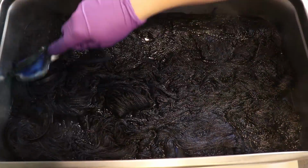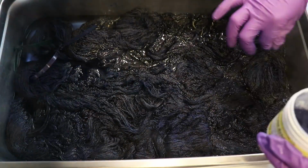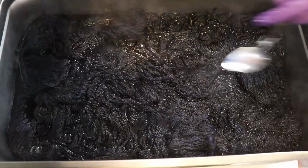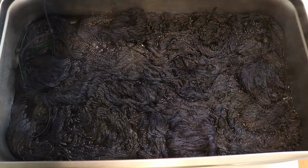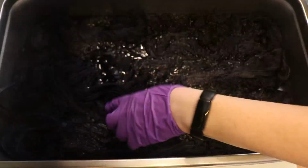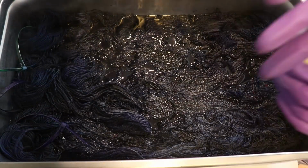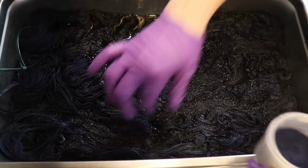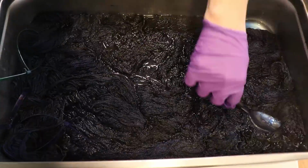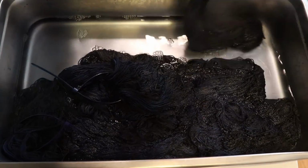Almost all of the color had covered the yarn, and because we had enough water in here and we're moving things around, we got really, really good coverage. And again, I'm okay if a little bit of our original color peeks through in areas, but I did want to try to leave out glaring color, so that's why I did multiple checks. Towards the end, it wasn't really necessary to wait 5 minutes in between flips, but I did just because I figured it doesn't hurt. Once I was satisfied with the coverage, I added a bit more water and then let everything heat